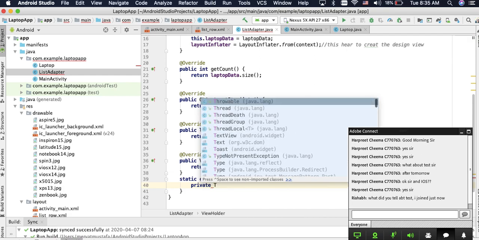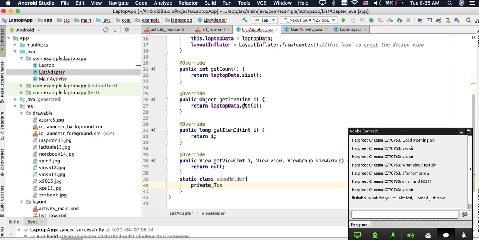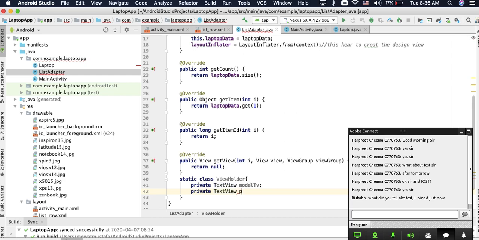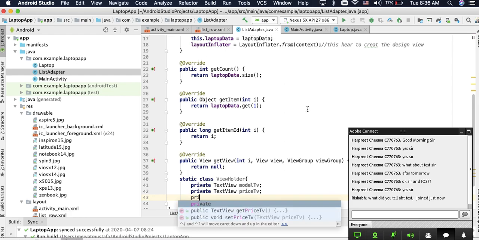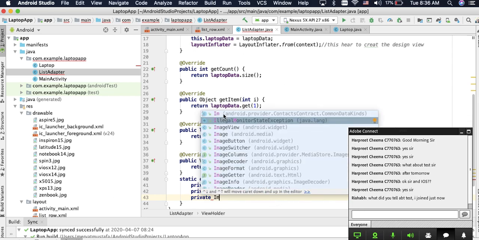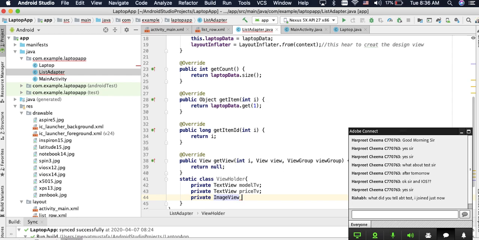Private text view, the model, so it's model text view, and private text view for the price text view, and private image view for the image. Okay,